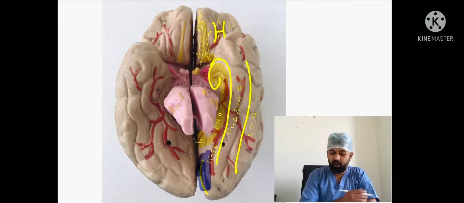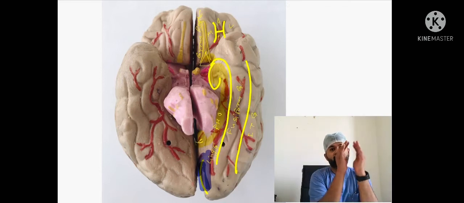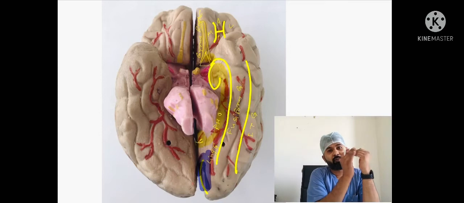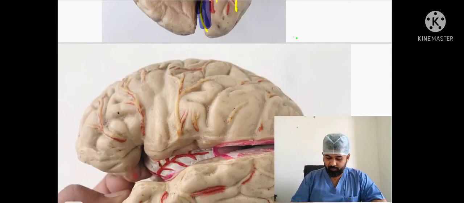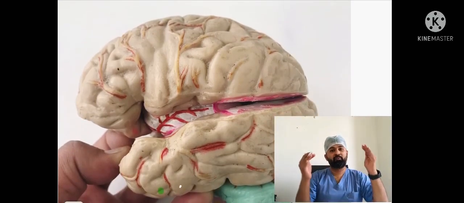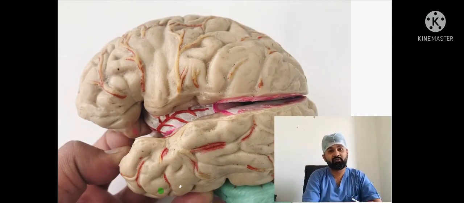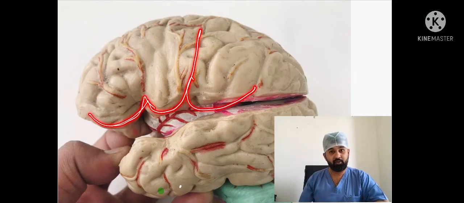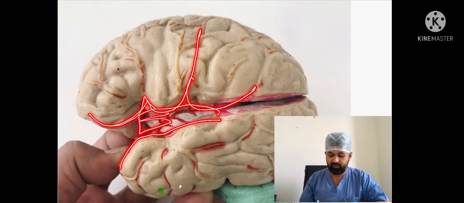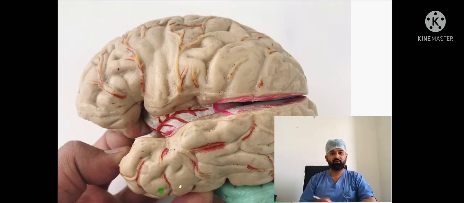Now here we conclude all the surfaces of the cerebrum. We saw the three surfaces and the four lobes, that is frontal, parietal, temporal, and the occipital lobe. But that's not it. There is one more lobe which is hidden from the surfaces of the cerebrum, also known as insula. Insula means island, or it is also known as the insular lobe. When we split the frontal and parietal part of the sylvian fissure and the temporal part of the sylvian fissure, we see that in between these two a new lobe emerges, which is known as the insular lobe.